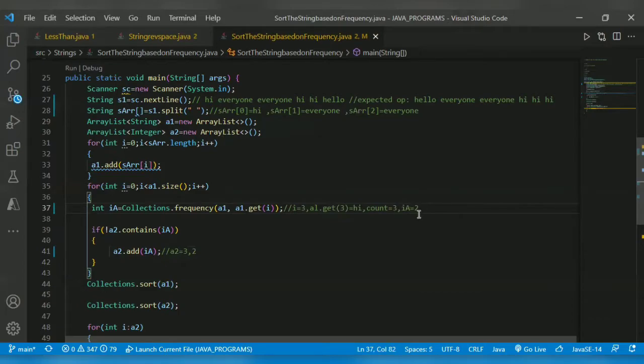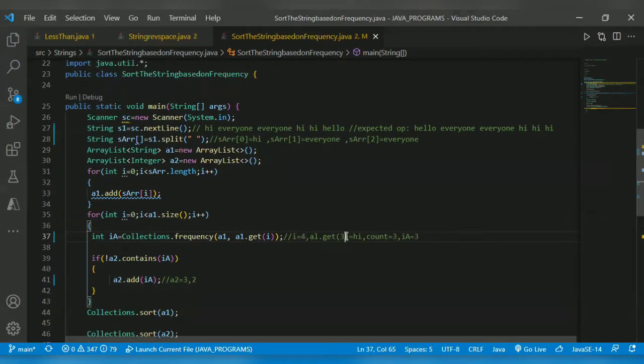Now ia becomes 3. It checks that 3 is already present in array list 2, so it will not do anything. After that, i will get incremented to 4. It is also hi, so the same process will be repeated. Then i gets incremented to 5.